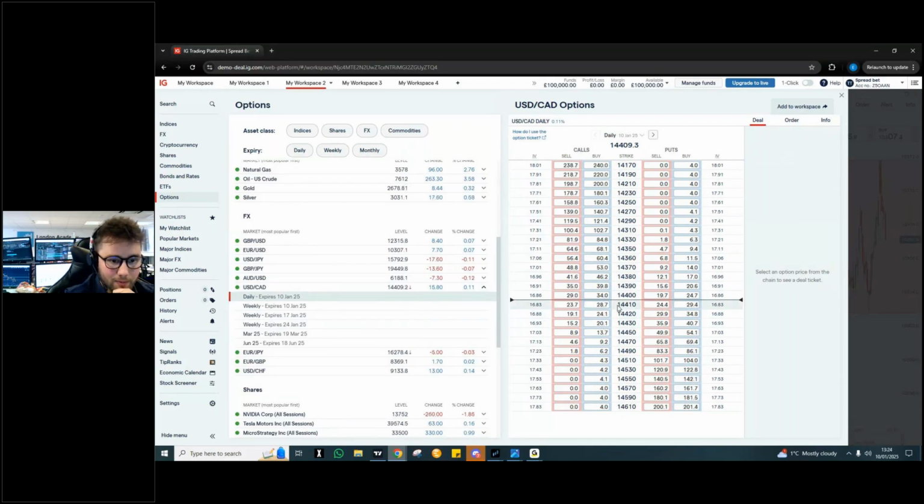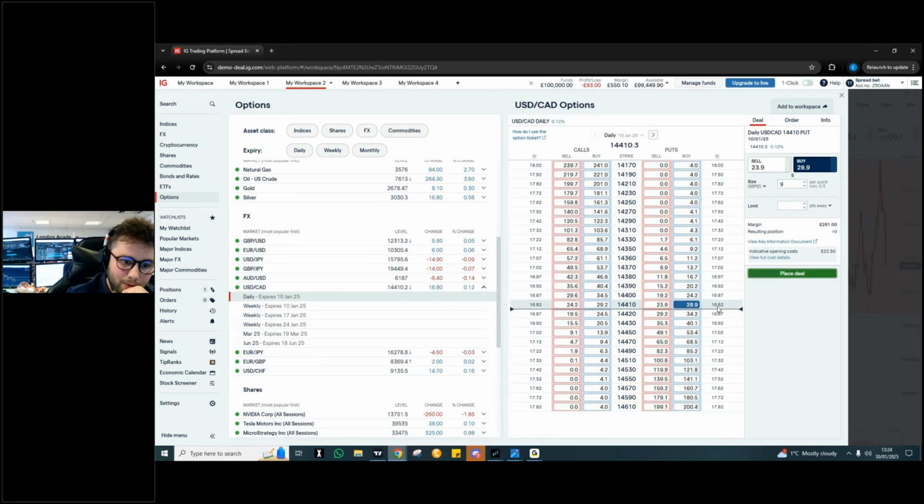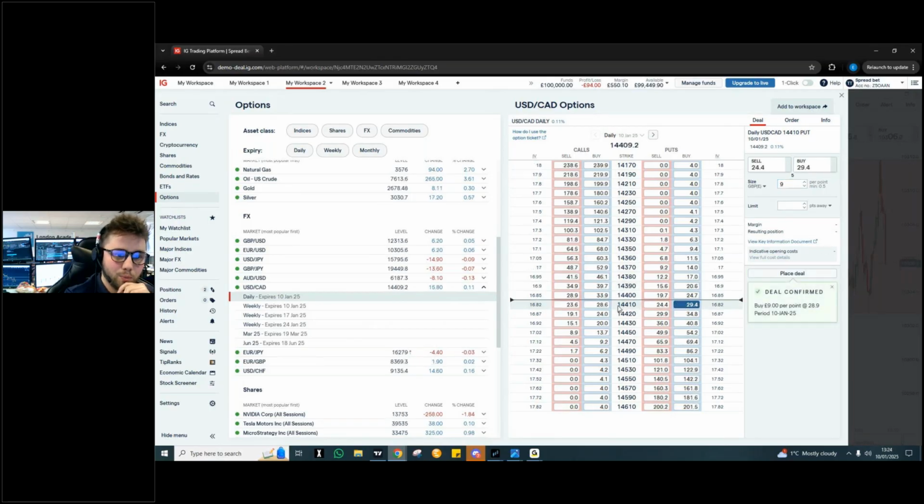I would generally go for the strike price that has the slightly tighter spread between the put and call prices. So in this case, we're paying 28 pips for the call contracts. So if we were doing, say, £250 per contract or thereabouts, I'm going to do the same size on each one. No, I'm not. I can do 9. Cool. So we've got a put and a call, both with the same strike price of 14410. This asset would need to move a minimum of 60 pips in order for us to make any profit